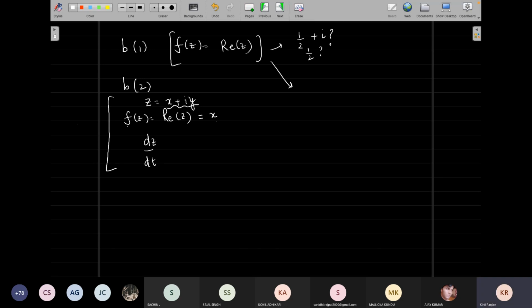If you haven't done it, I will take it not in today's class, but this is a direct result. This is a solved problem of the Kreyszig book. One of the reasons why I gave it is so that you just open the book and have a look. In case we have difficulties, of course, I will take it. Anyway, somebody said half plus i, and then what will be the result for path 2? Half plus 2i. Yes, sir. In case you have got half plus 2i and half plus i, this looks reasonable to me.